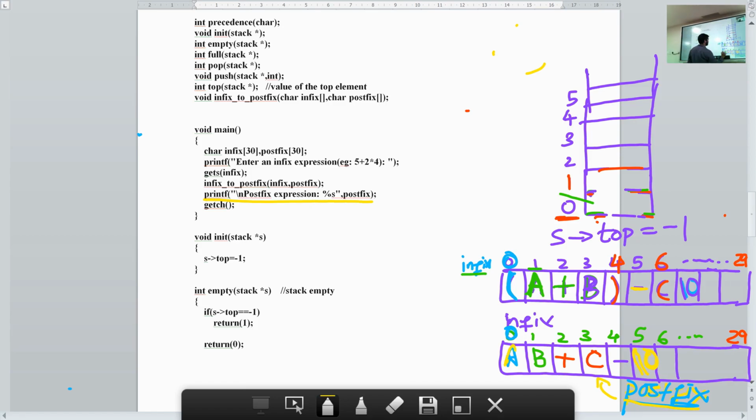This is our postfix array having the answer A, B plus C minus. We print the answer and we stop execution. So I hope you have understood the program on infix to postfix expression using stacks. Happy learning. Thank you for listening.